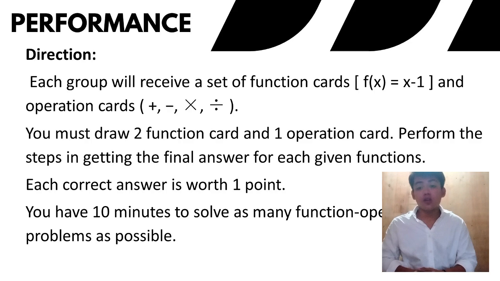The group that accumulates the largest amount of points will be our winner for today and will receive that amount of points as their grade for today's activity. The losing team will receive half of the accumulated points of the winning team. So is that clear, class? Yes, sir. Okay, your timer starts now. Okay, very good. You have performed well in our group activities. It seems that you have understood what we have discussed earlier.